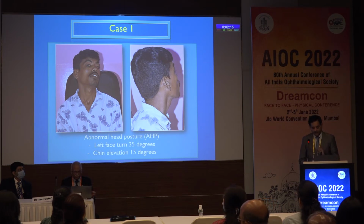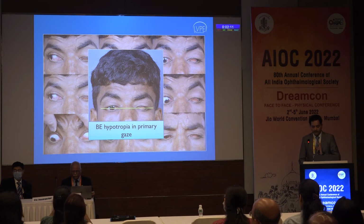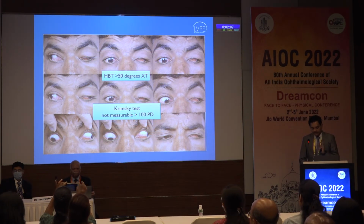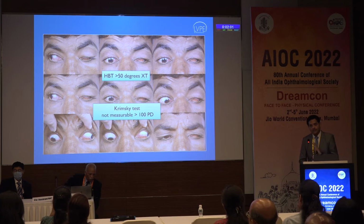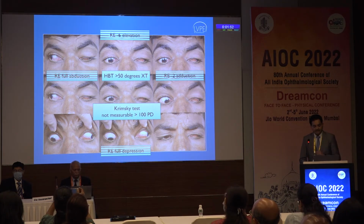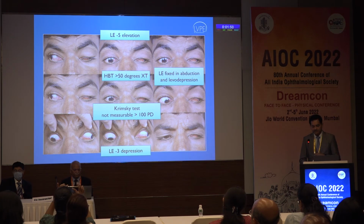So look at this guy who has a very large abnormal head posture, hypertropia in primary position. He is not able to elevate. Krimsky's test is what we really use. Sometimes even that is difficult. Cover test is not possible in all the cases. You can see the abduction is good in the right eye, but there is significant adduction limitation in both eyes,